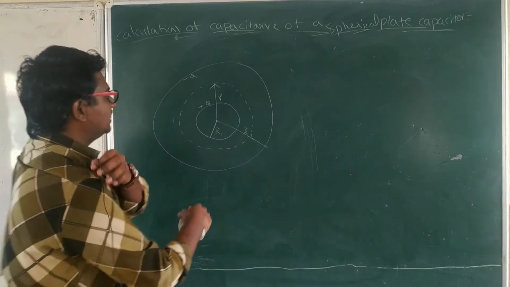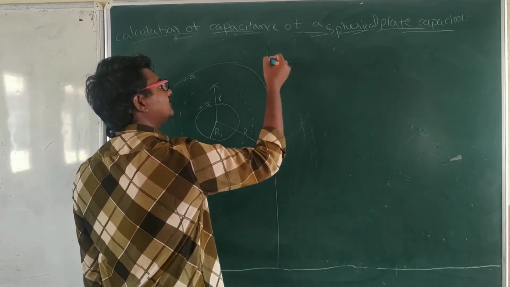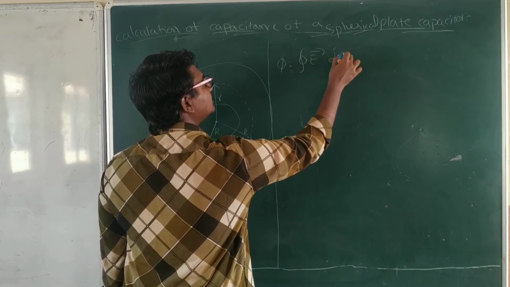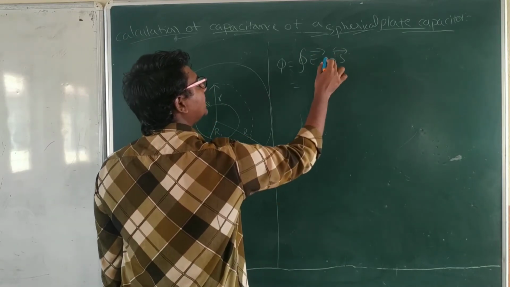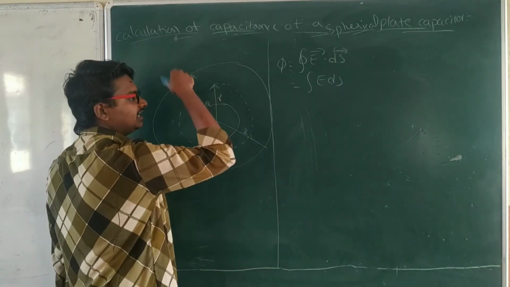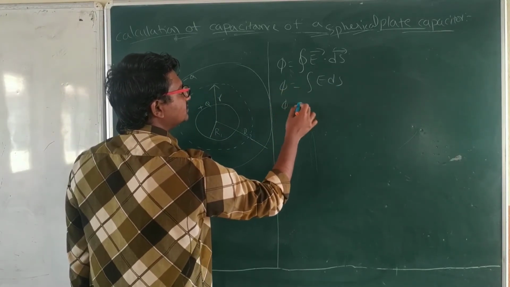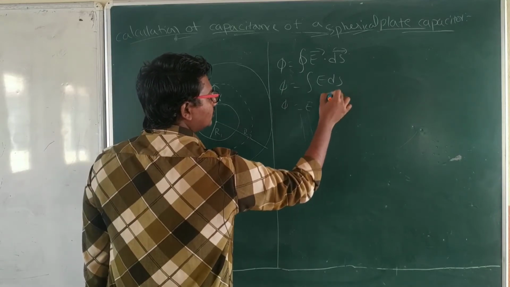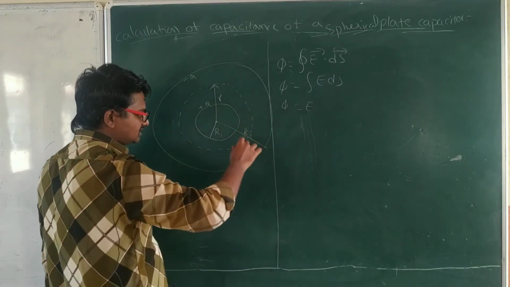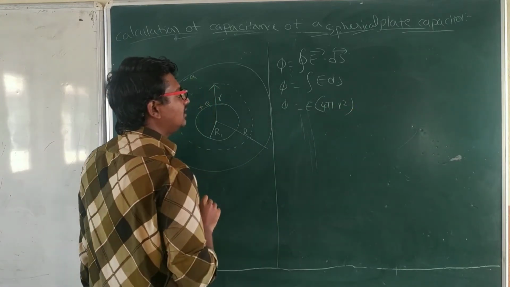Right. First let's try to find the flux through the Gaussian surface. Phi is equal to integral E bar dot ds bar, we already know, and here directly integral E ds we can write, because this is radially going outwards, that's why the angle is 0 degrees, that's why E ds simply will come. That is phi is equal to E into the total area of the Gaussian surface. Integral ds is S. S means the surface area of the Gaussian surface, that is 4 pi small r square. That's all. Phi value we got now.